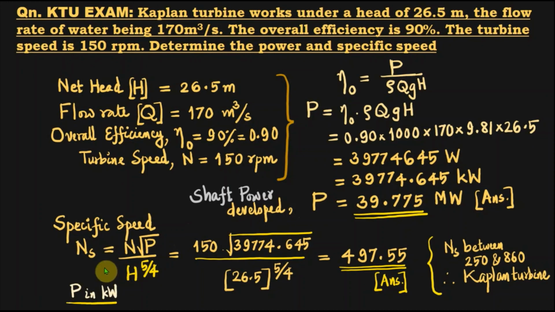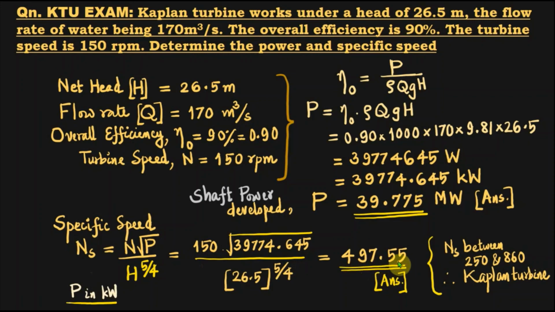We know that if you want to get the specific speed in SI units, then the shaft power must be substituted in kilowatts, and the rotational speed N in rpm and the head in meters, and therefore N root of P by H raised to 5 by 4 is equal to 150 into square root of 39,774.645, that is the shaft power in kilowatts, divided by 26.5 raised to 5 by 4. 26.5 meters is the net head. So you will get the specific speed n_s in SI units